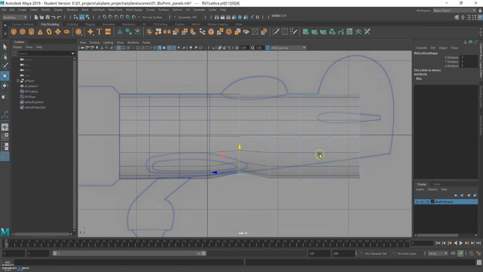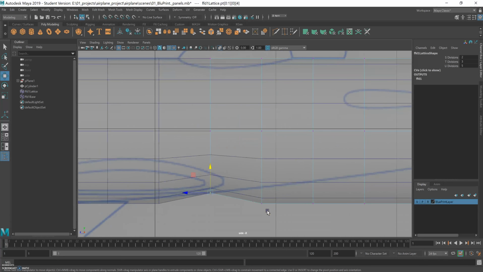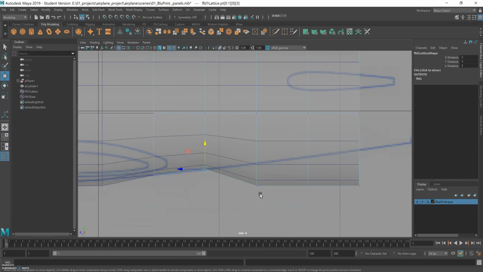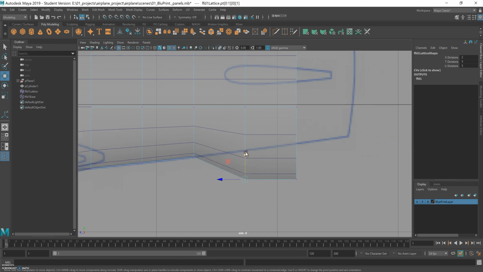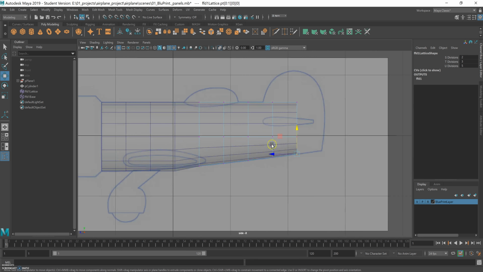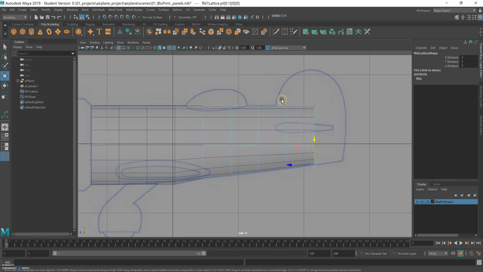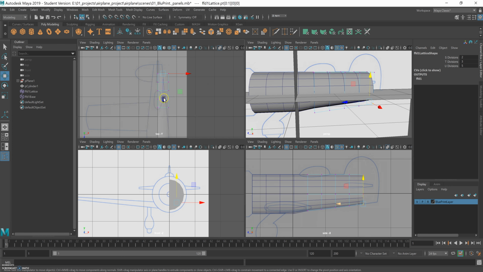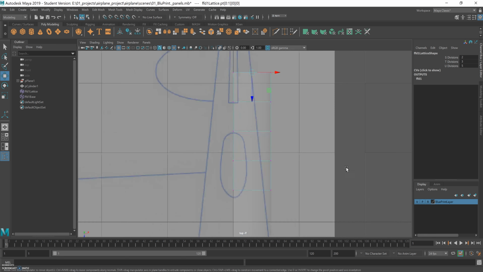And as you can see, when I move the lattice points, the geometry is also moving, and it's better to use a lattice because, as you can see, you can easily play with the geometry that's inside the lattice. Of course, we could do this without a lattice, but it wouldn't be so easy, and it's good to have a clean geometry,